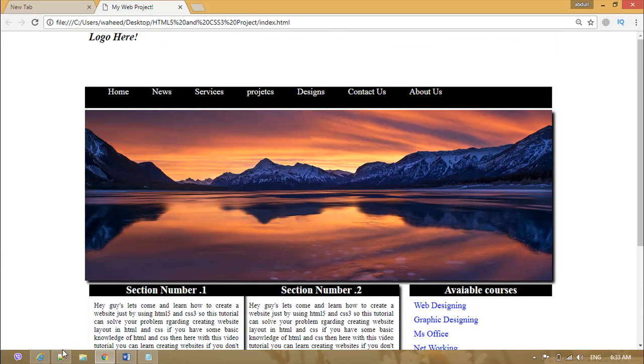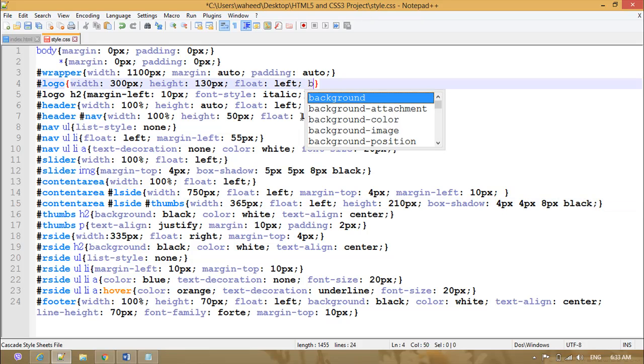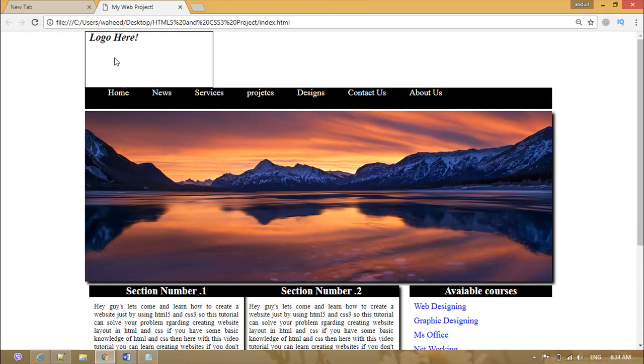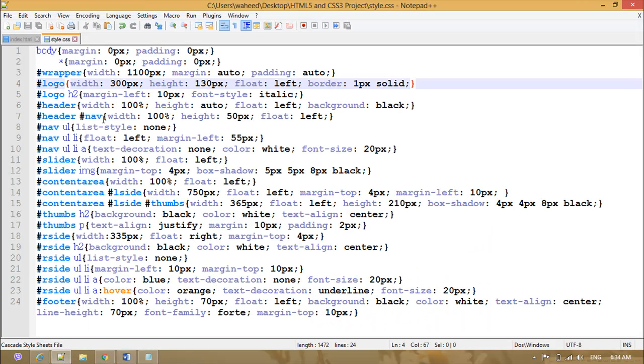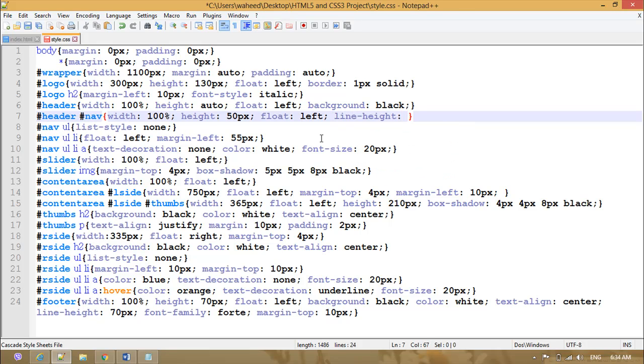Logo here, we are not going to just remove the border of logo. Border 1px solid, just like this. Control S and refresh. So this is the border for logo. You need to just put this in center vertically. We have nav, float left, and you can say just line height 50 pixel, because the height of this nav is 50 pixel. Control S